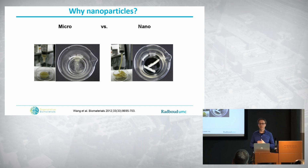Here you see, for example, clinical handling tested by injection of these gels, these nanoparticulate gels or microparticulate gels, into warm PBS. And then you could see that we observed a phenomenon called filter pressing. Are you familiar with filter pressing? Not really, it's more from ceramics, but it means that if you have a ceramic suspension and you extrude it, the water flows out first and the material is left behind, and that's exactly not what you want, basically. And there's always a challenge for suspensions. So you could see there on the left pic that the gelatin was left inside and the liquid was flowing